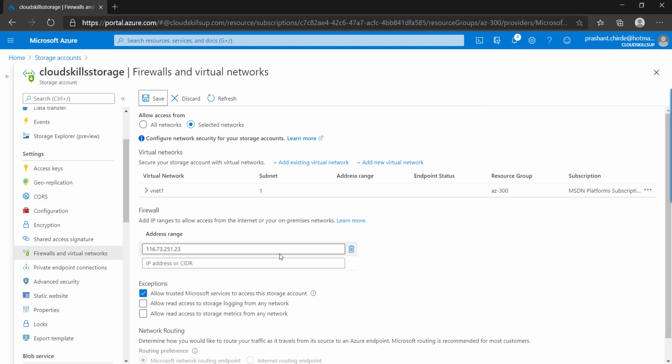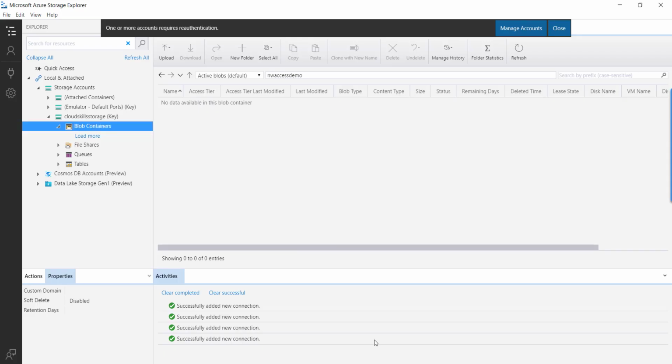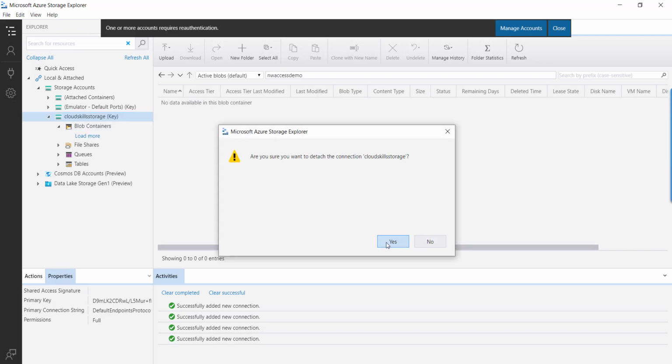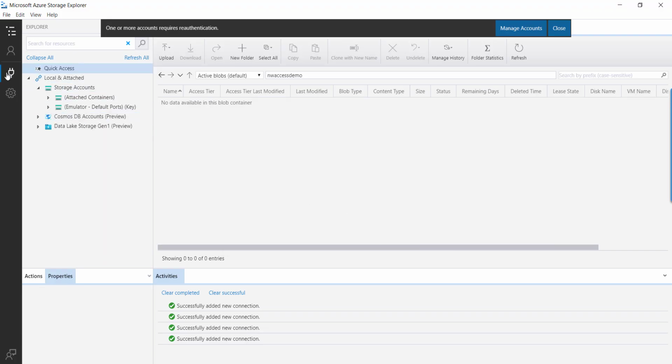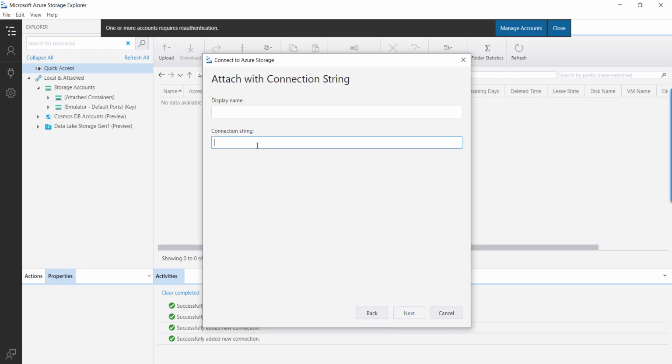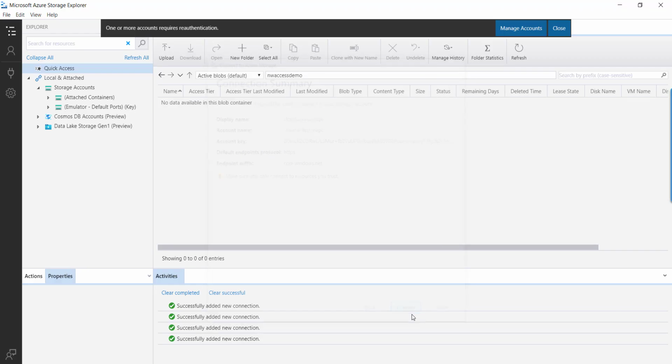Now let's move to the Storage Explorer. Let me detach this one, and we'll try to attach it one more time. Click next, provide the string that we copied, click next, and connect.